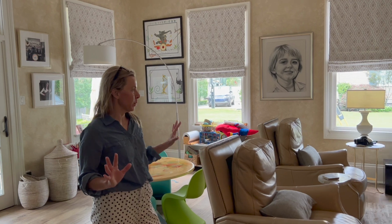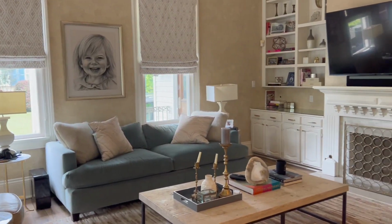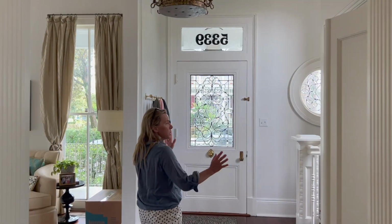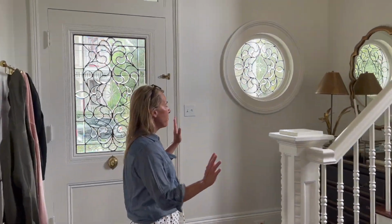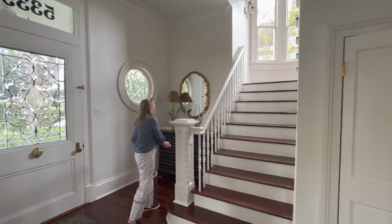We are here. This is a house that I didn't do anything to the back of, but we're going to be redoing the living room. I have done some architectural stuff to this house. I'll show you. There used to be a very closed-in stair here that started here and